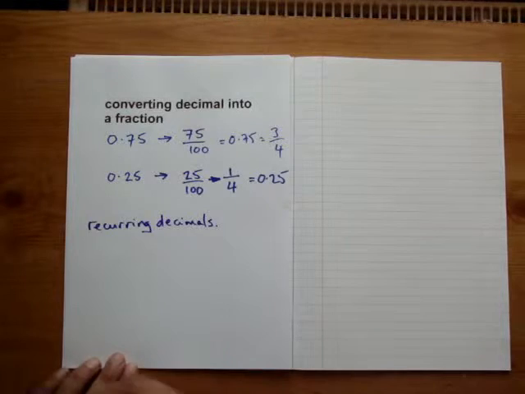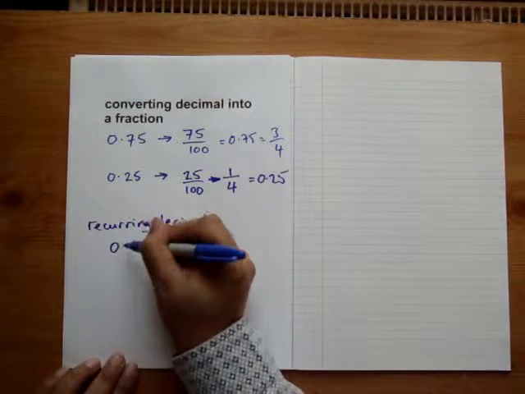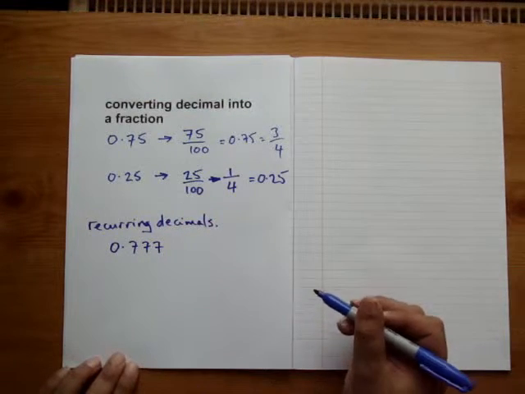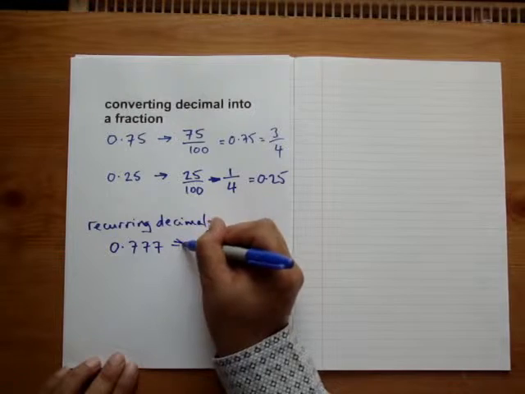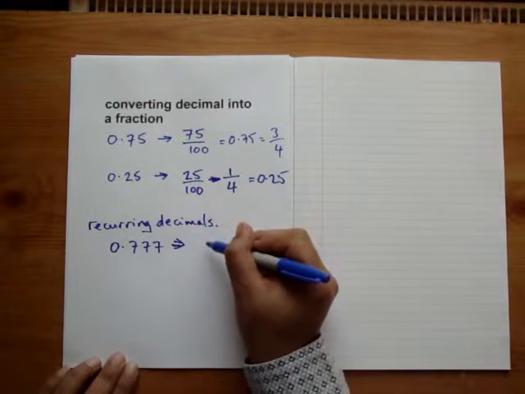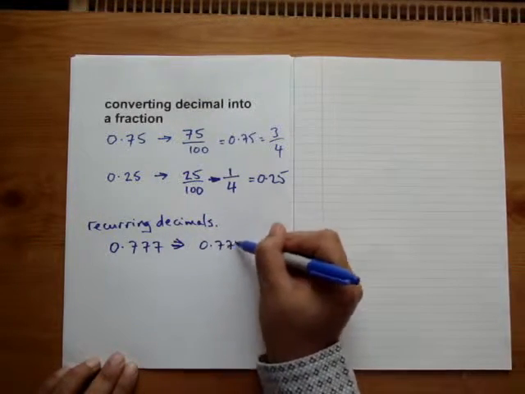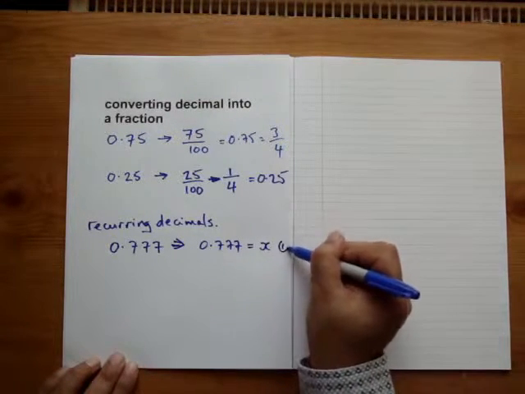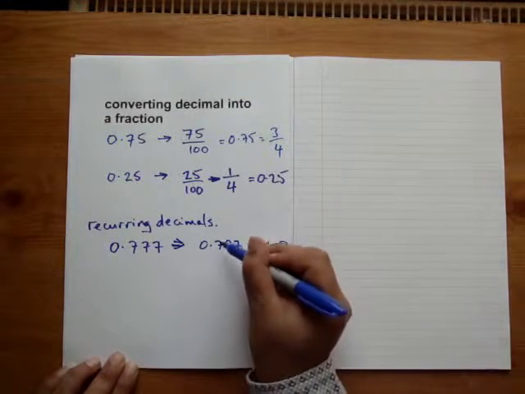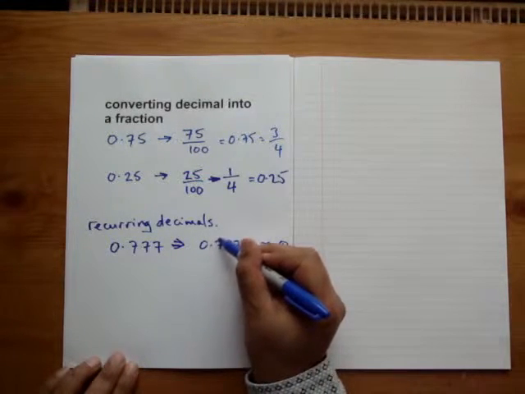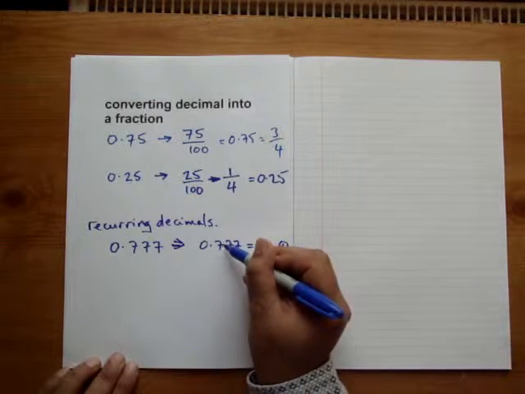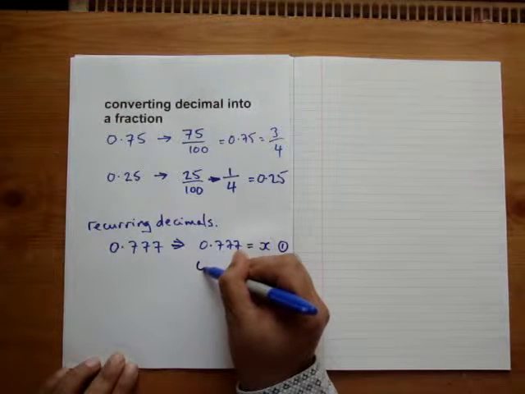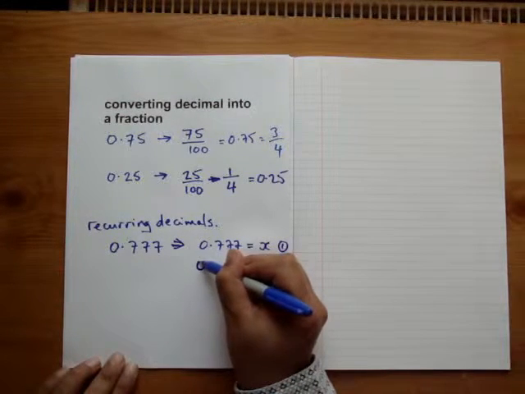So if we have a recurring decimal, by that I mean something like 0.777, what we do is we let the 0.777 equal x and label that 1, and then we go to the next number where the recurring appears, so that would be